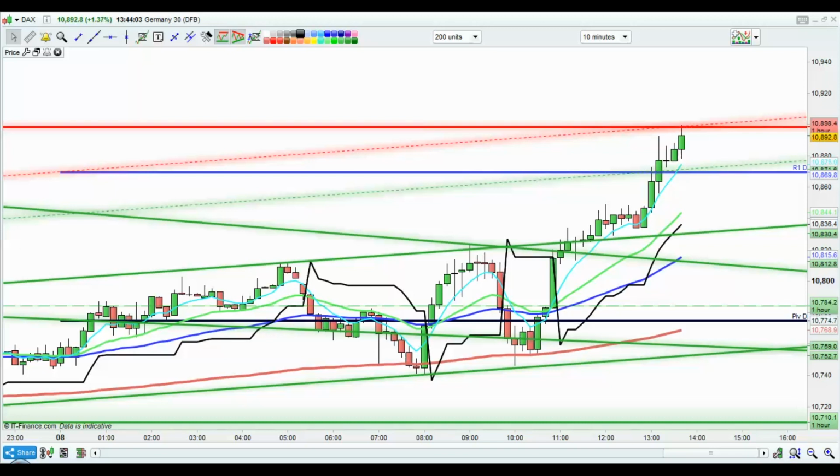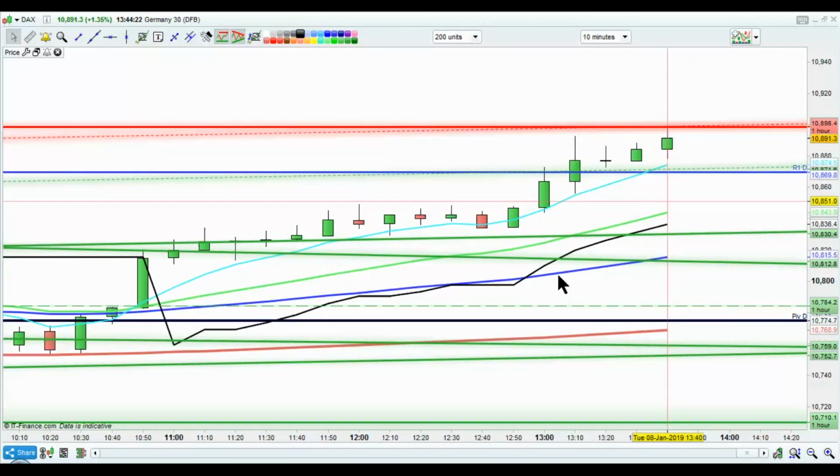Now you can see a 10-minute chart here, and what I wanted to do is just demonstrate the importance of having target points. So whenever you enter in a trade, always know where your target point is going to be. Now, the longer the trade is open, the more chance it has to reverse back again. All right, because it's like pinball. It just likes to hit certain points before and gravitate towards certain points on the chart before it then starts